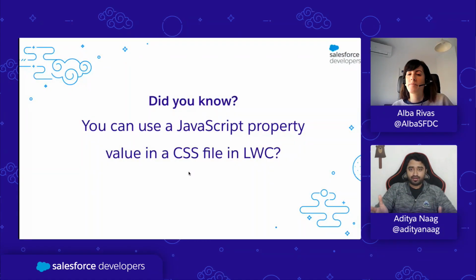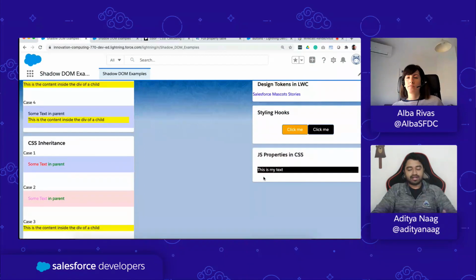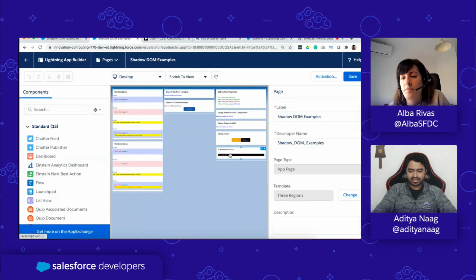And one important discovery I've made in recent times is that you can even use your JavaScript property values in your CSS file. So let's take this example. I have built a reusable component, let's say, and I have a div and a text inside it. Right now, the background is black and text color is white. But I want the admin to configure this. So I want the admin to say, I want the background to be red. And from the app builder, so this is that component,